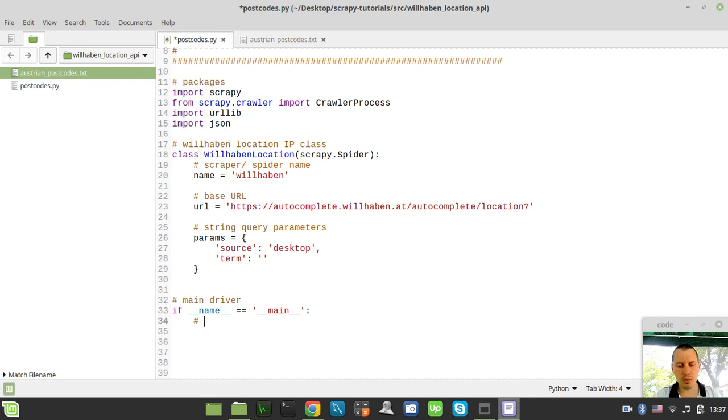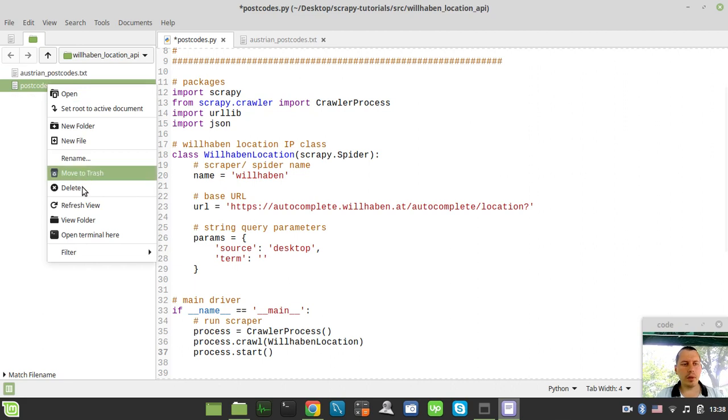Well, in this case we actually want to run our scraper, and we need to create the process variable that would be the instance of the CrawlerProcess, and then say process.crawl, and we use this WillhabenLocation class as the parameter. So finally we need to say process.start to actually start our scraper,